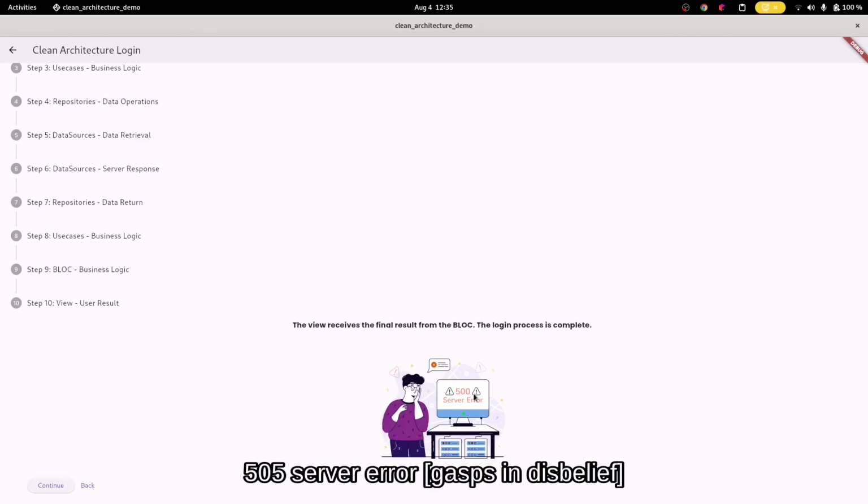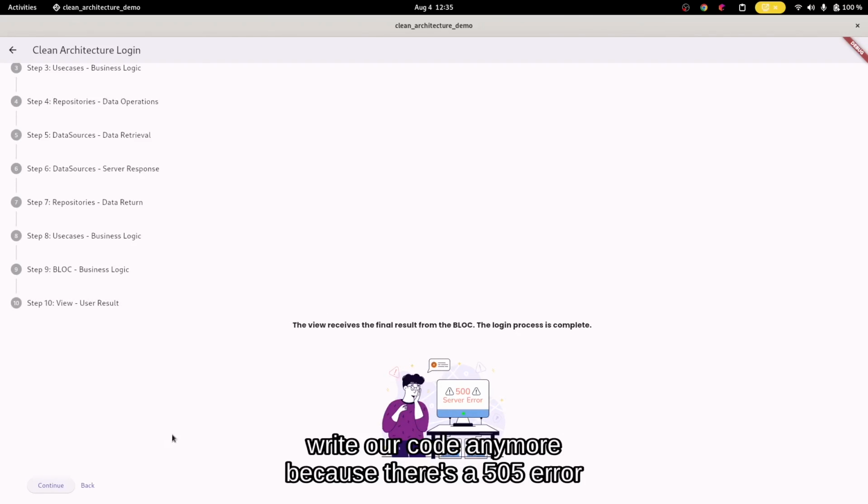504, 505 server error. Horror. ChatGPT is no longer working. What are we going to tell our boss? We're going to call in sick because ChatGPT can't help us write our code anymore because there's a 505 error,